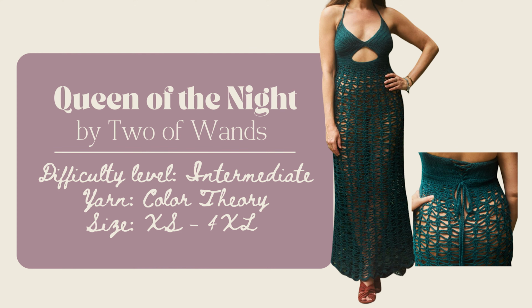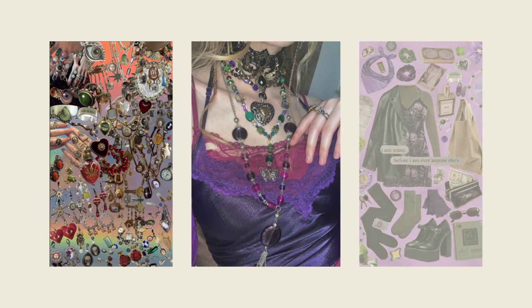And lastly, for the crochet clothes is the Queen of the Night maxi dress. I definitely will be making this dress at some point soon, and think it could be really perfect to wear in a beachy, Whimsigoth vibe photo shoot. And I love the cutout bodice on this one, and the lace-up back is amazing as well. I also really love the color that this one was made in, and it's definitely Whimsigoth aesthetic vibes for sure.